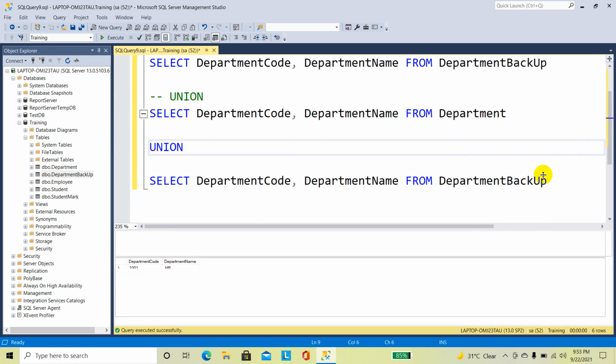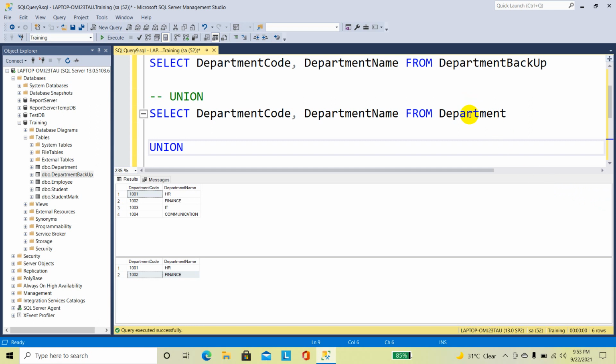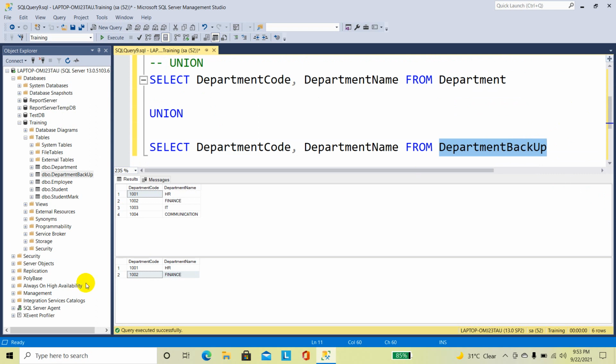So consider this case. Here the department and department backup tables contain 1001 HR and 1002 finance.